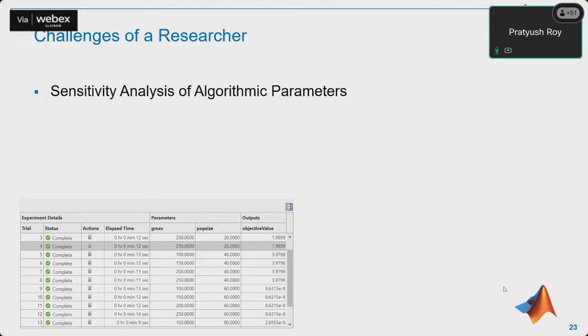What you would like to rather do as an extension of applying a particle swarm or a genetic algorithm to your optimization problem, is look at the sensitivity analysis of your algorithmic parameters, like the constraints itself. Maybe you want to play around with the lower bound or the upper bound. Okay, maybe you want to play around with the population size. Maybe you want to play around with other parameters which you have control over. Okay,